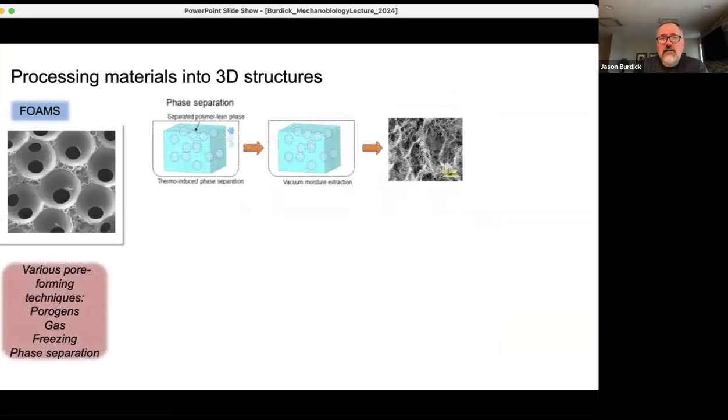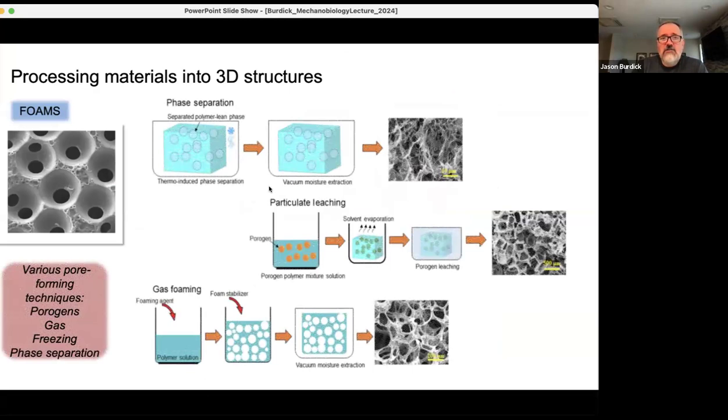So foams, there's lots of ways to make foams. You can use techniques like phase separation. So if you just, by controlling the polymers and how they interact, you can leave behind a porosity. You can put in particles, things like salt crystals, cross-link a material or let a solvent evaporate, and then leach out those salt crystals to leave behind pores. You can use gas processes to foam these structures to make, again, porous structures. So there's lots of ways to do that. These are typically very non-uniform pores,